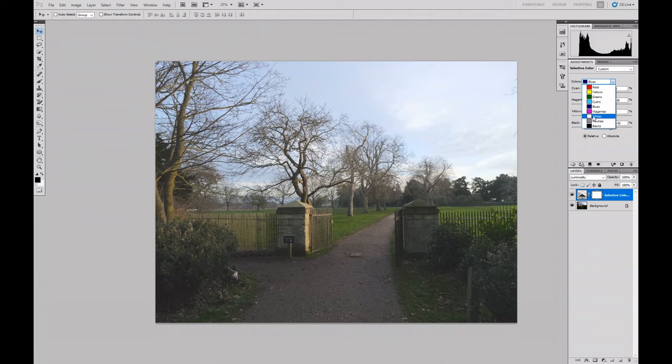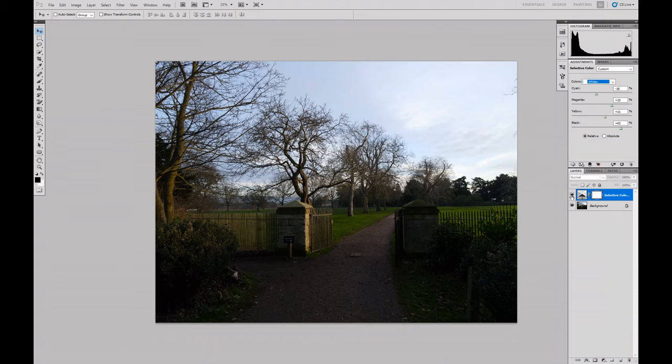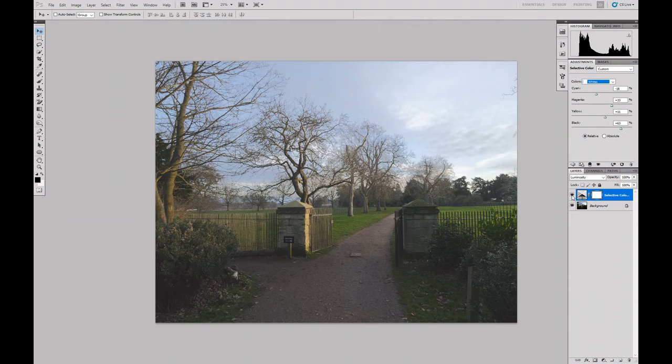But the other thing that's in the sky is the white, so I can have a look at the white, and you can see I can dull down the whites by sliding up the black and the white slider. Again, there will be other color components in that area, so it's worth just briefly checking whether any of these influence, and the magenta does, so I can tune that down a bit. And that again I can just tweak with the cyan component. So if I turn that layer on and off, you can see that I've balanced that exposure quite nicely,